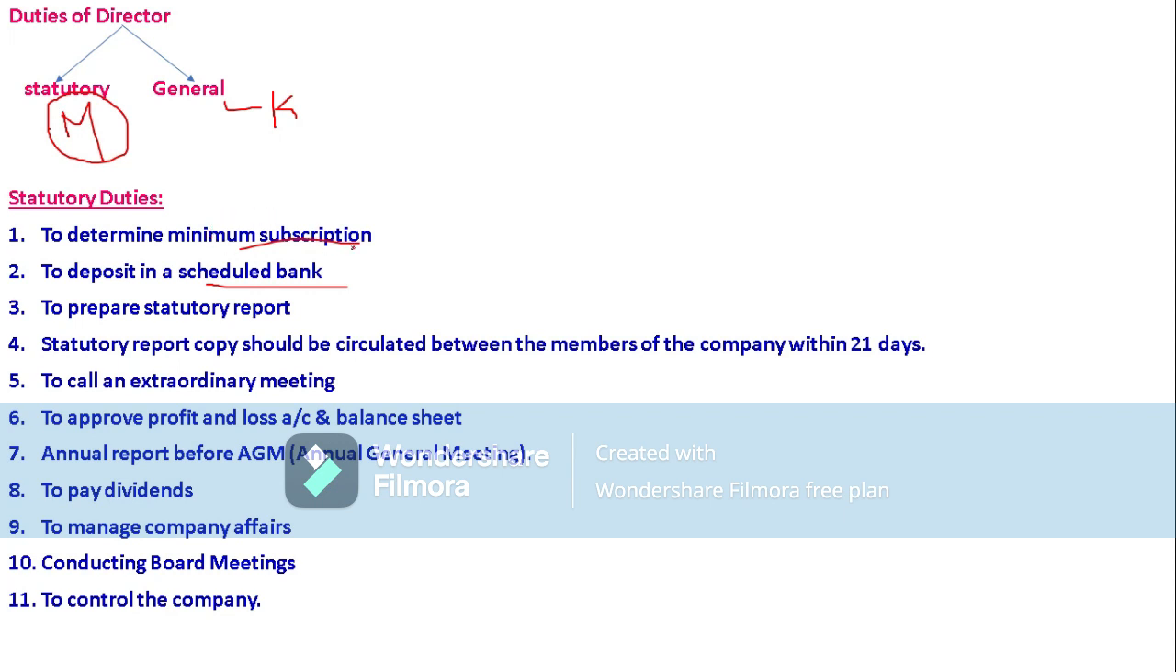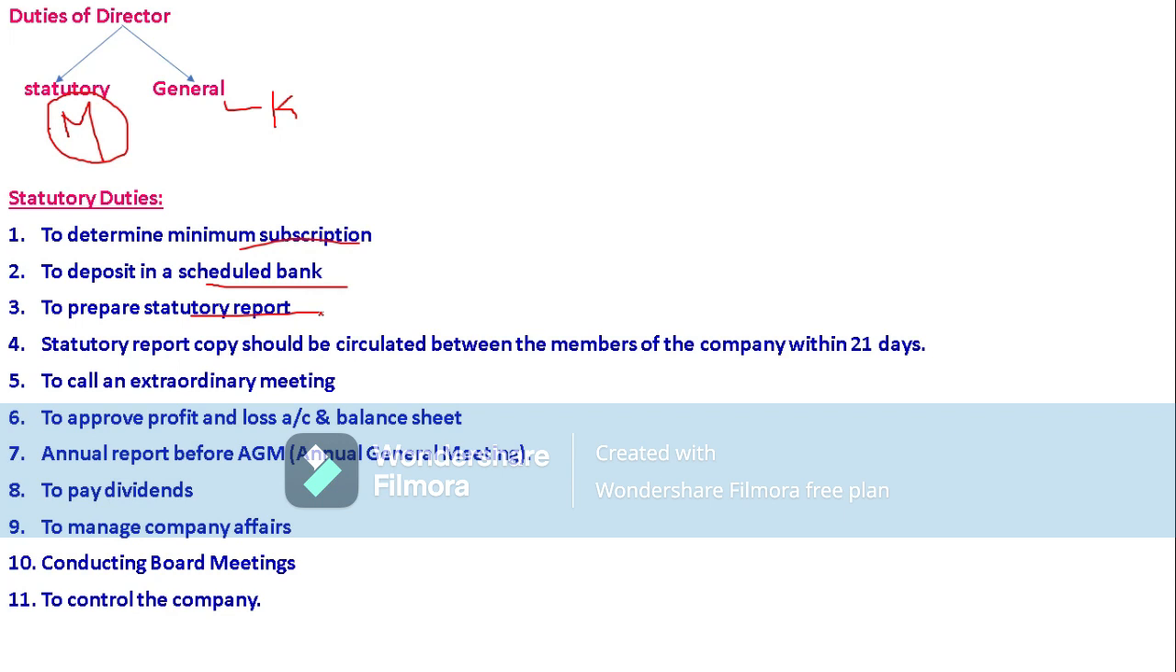For example, they issue a public subscription and a certain amount is collected by the company, and that amount is deposited in a scheduled bank. Now, to prepare the statutory report. So statutory report is,